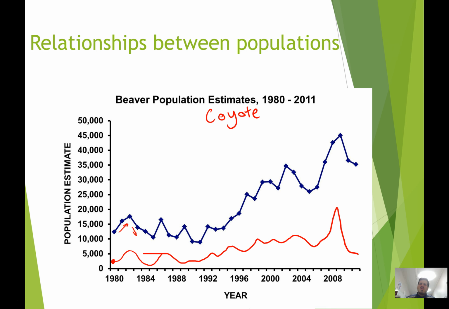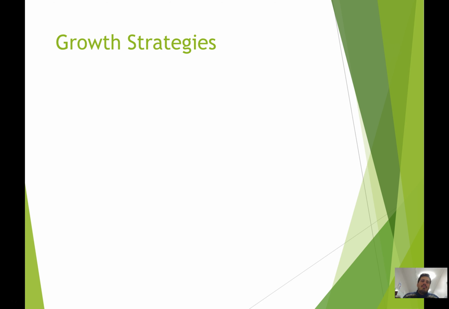It wouldn't be perfect trends. There would be a lot of other factors affecting this, but in general, we see that populations do follow each other's trends. In general, populations want to grow. Species want to get bigger in their populations. That's the major goal of all species on Earth: have the biggest possible population without suffering. And there's two ways they do this.